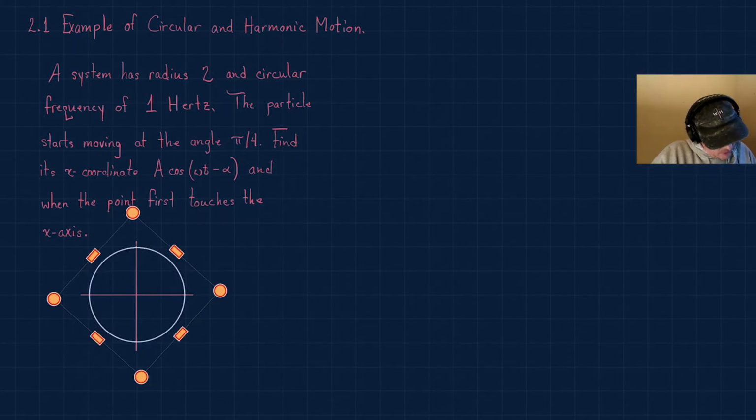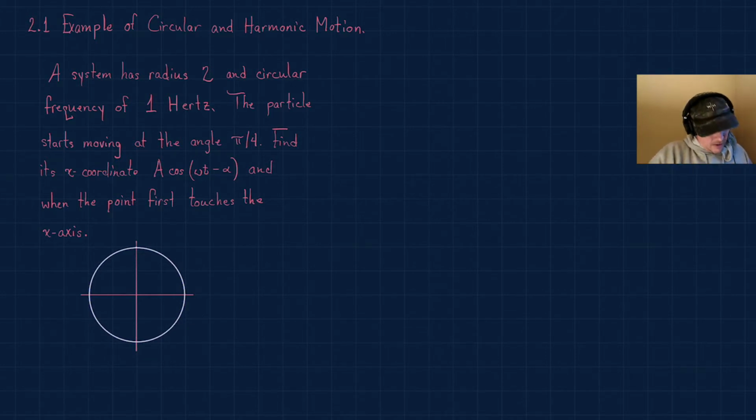That circle tool is amazing. Okay, there. Now, it says that the system has a radius of 2, and circular frequency of 1